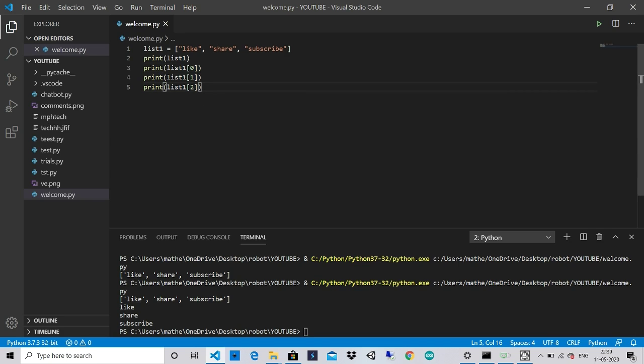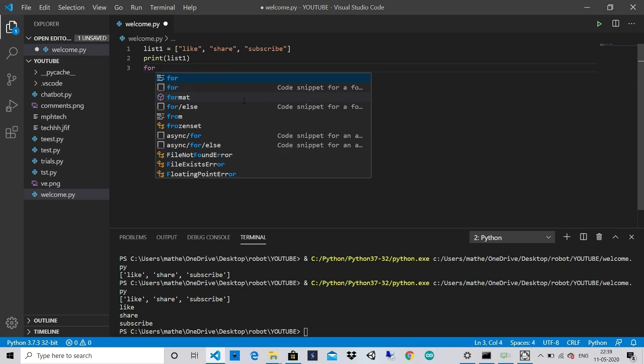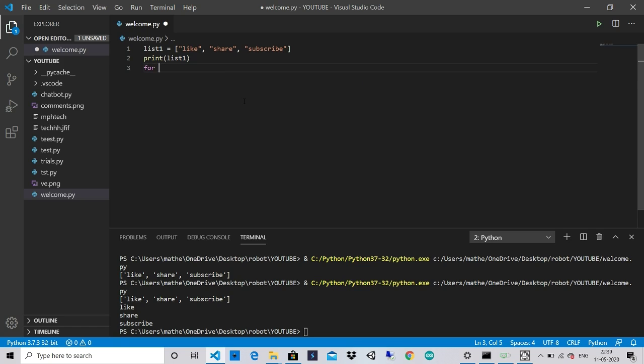But now this is quite hectic to type each of them again and again. So what we can do is use the for loop for that. So this is where the for loop comes in. Type for i, or you can put anything in here. You can put i, or you can type string, or you can put for word, or anything. So we just stick to word, for word in list1. I'll explain this once we're done with it, and then print